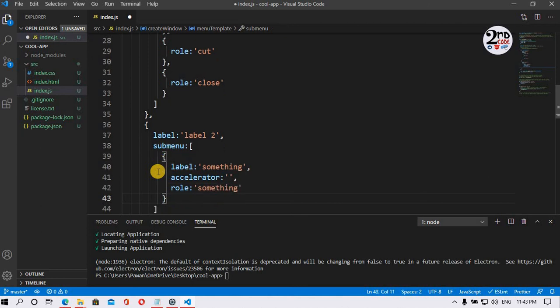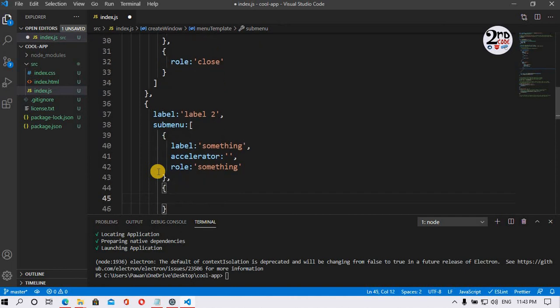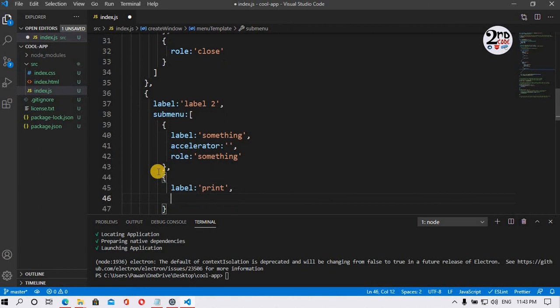Okay, just create another submenu. Label is print, and I'm not writing the accelerator, only the role. It will not show, and role is also print.